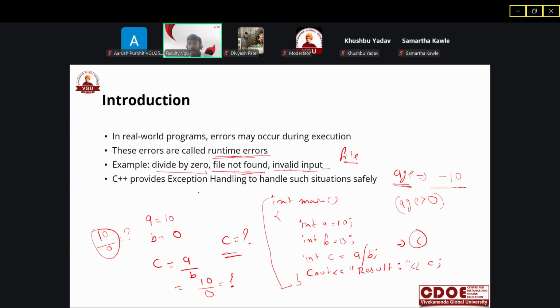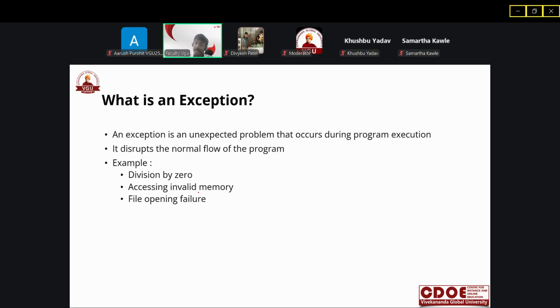If a user enters a negative number, there should be a proper message: you have entered a negative number, so kindly enter a valid input. This kind of error can be handled by exception handling. So now let's move on and understand what exception handling is.